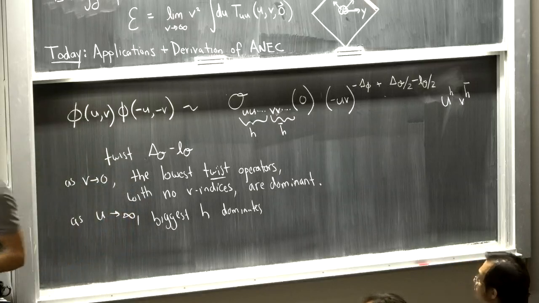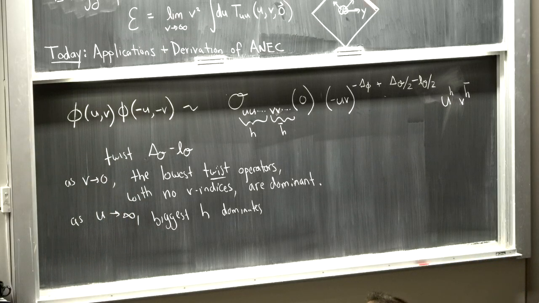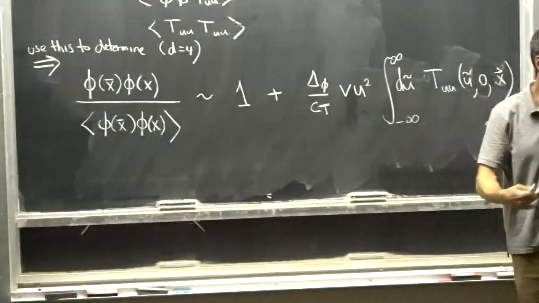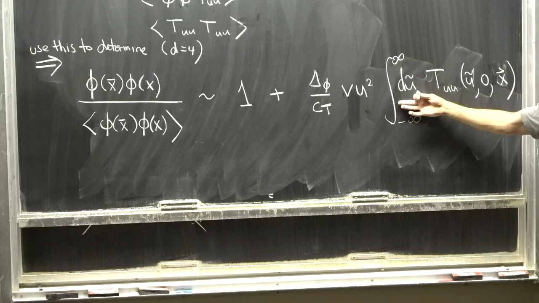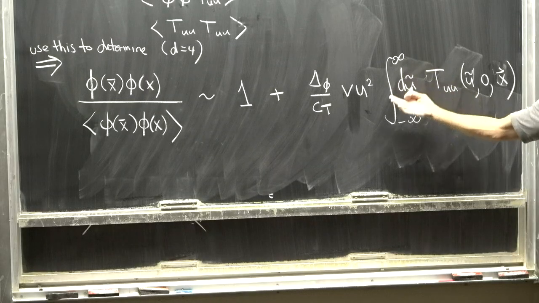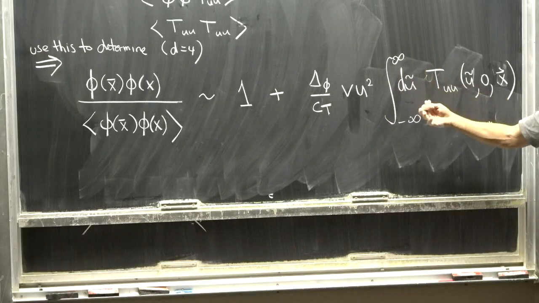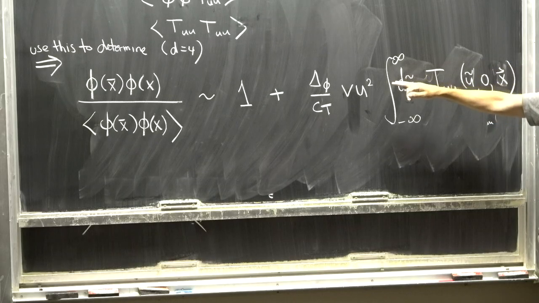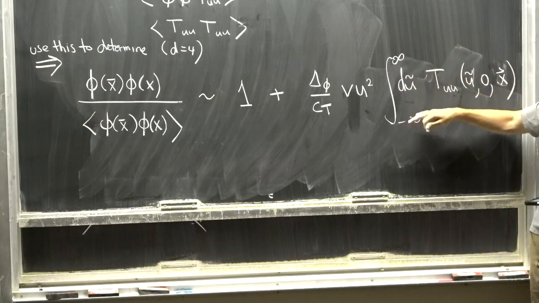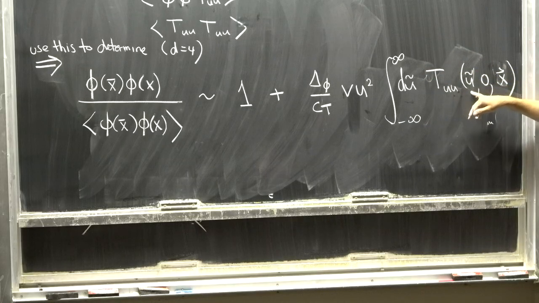What I've done here is I've taken an infinite sum of derivatives. You can find other coefficients by the procedure that I described. I've taken the infinite sum of derivatives and re-expressed it as an integral. It's the same formula, though. This is just this infinite sum of du T_uu. And if you take the T_uu here and do a Taylor series of this T_uu around the origin, like this is just T_uu of 0 plus u ∂_u T_uu of 0 plus et cetera, and you do the integrals, you have to be a little careful with the limits and everything, but you can do these integrals, and it's the same expansion we were talking about before.